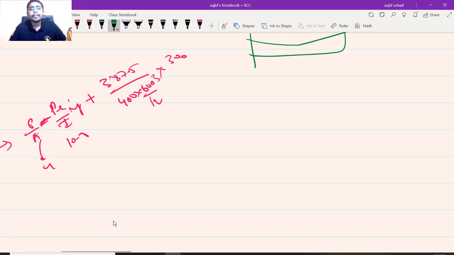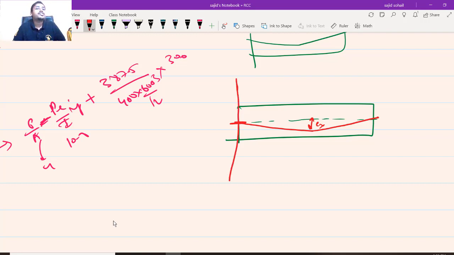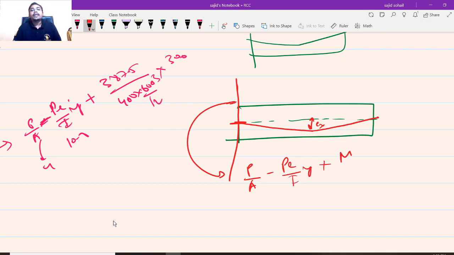Let us try to understand what is happening. This is the neutral axis. If I am giving pre-stressing like this, there is some e here, and you can clearly see the eccentricity here is 0. If you are taking this section, what is my formula? P by A minus, at the top, P e by I into y plus M by I into y. At the supports there is no moment, this is 0. But here